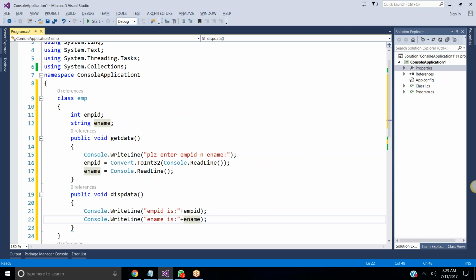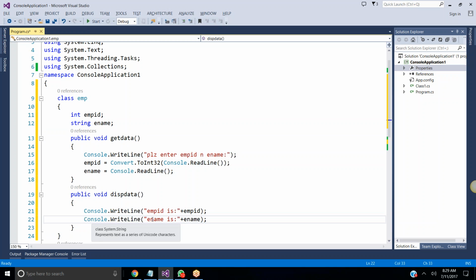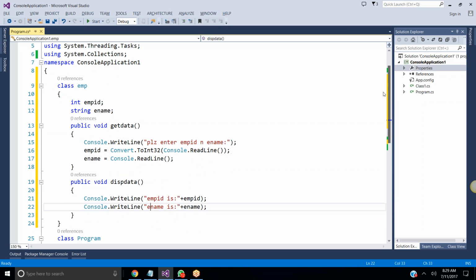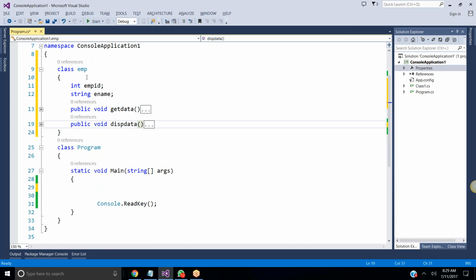So listen here, all of you, very carefully. Here my employee is a class. Employee class would be having variables like employee ID and employee name. Along with this, we have the functions like get data and display data. Clear? So my class is a collection of data members and member functions. Now, if the class is ready to use, we must and should create an object of the class. Without object, there is no chance to execute the class.